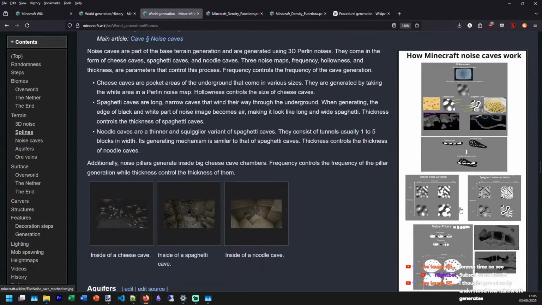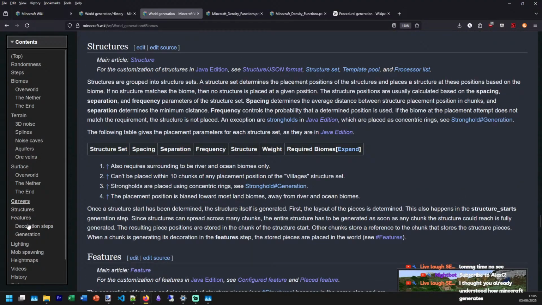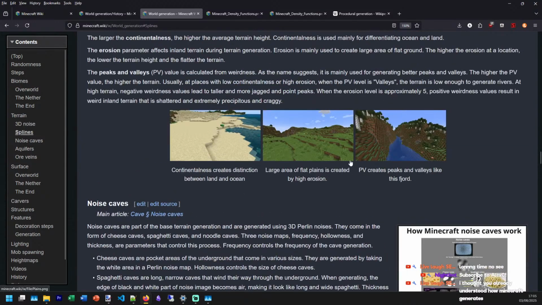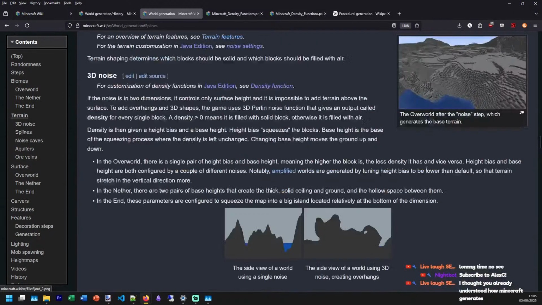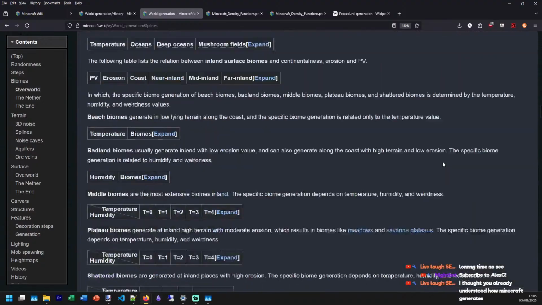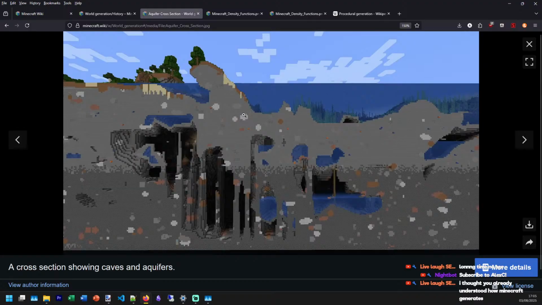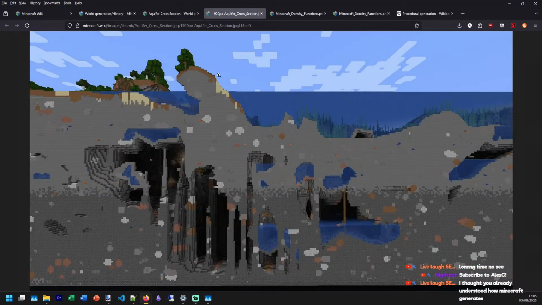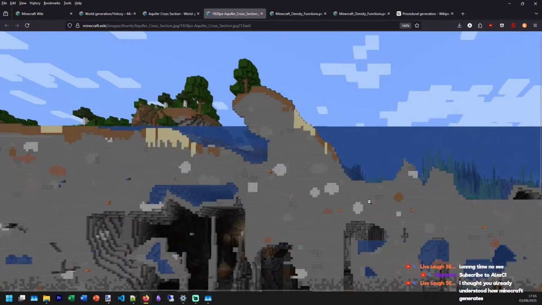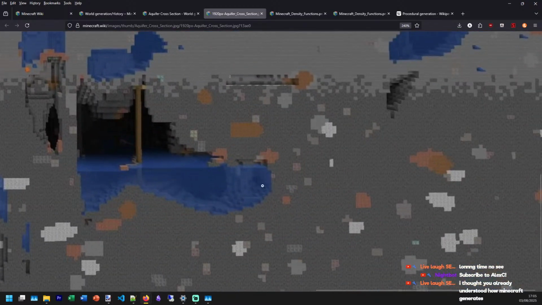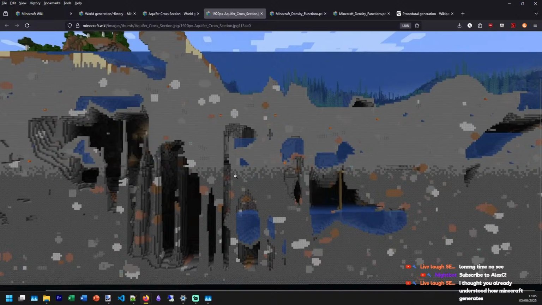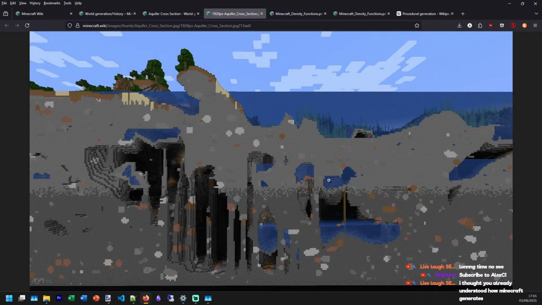Wait, we'll go back down. Did I just skip right over it? It did. Oh, if we look at the other picture from the thumbnail that I definitely didn't just hear. That kind of makes sense with this. And if we take a look at it, what is that? Oh, it's a mine shaft. I got so confused just then. Why is there just a pillar of wood in the middle?